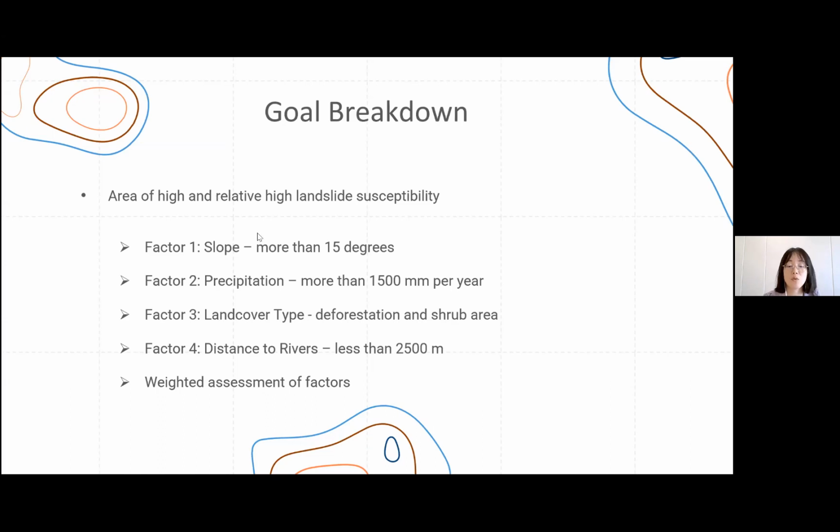So we first need to get the exact value for slope, precipitation, and distance to river for the whole study area. And then we're going to determine where are those areas. And then based on those raw values, we're going to determine where are the areas that meet each of these susceptibility criteria. And finally, we will